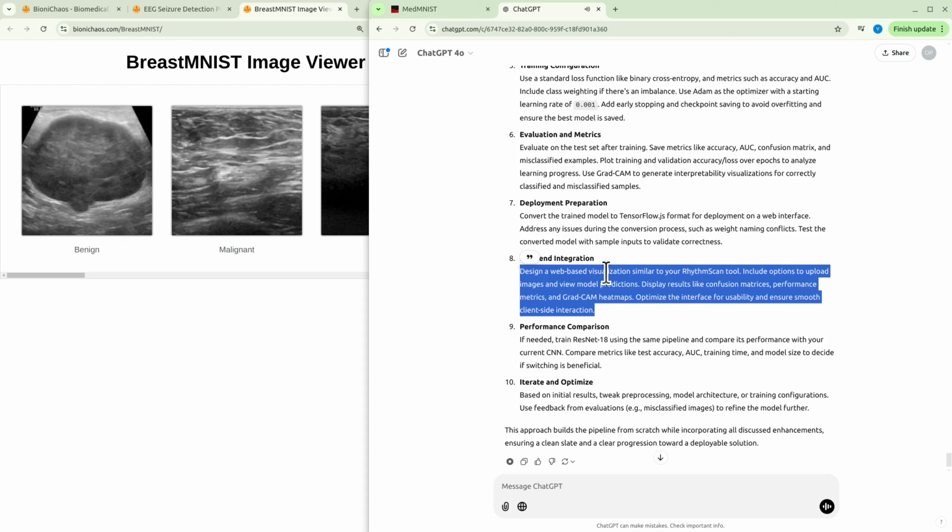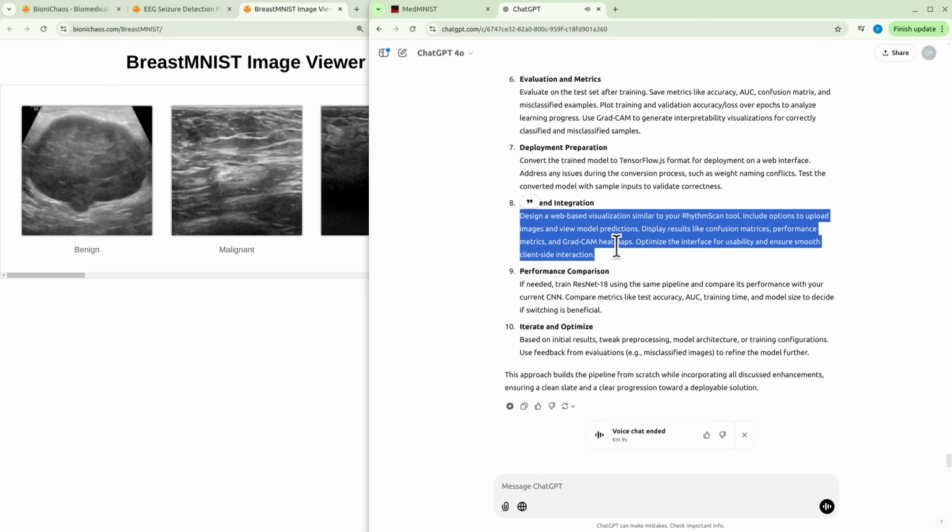10. Iterate and optimize. Based on initial results, tweak preprocessing, model architecture, or training configurations. Use feedback from evaluations, e.g., misclassified images, to refine the model further. This approach builds the pipeline from scratch while incorporating all discussed enhancements, ensuring a clean slate and a clear progression